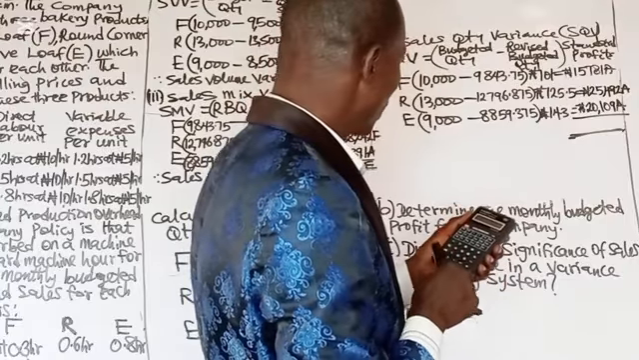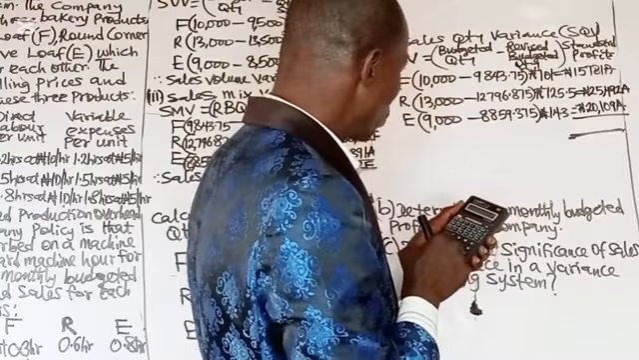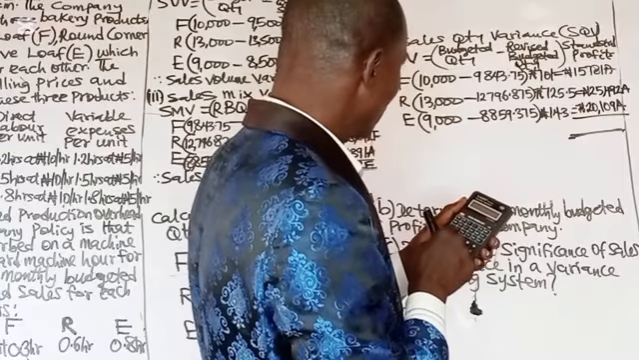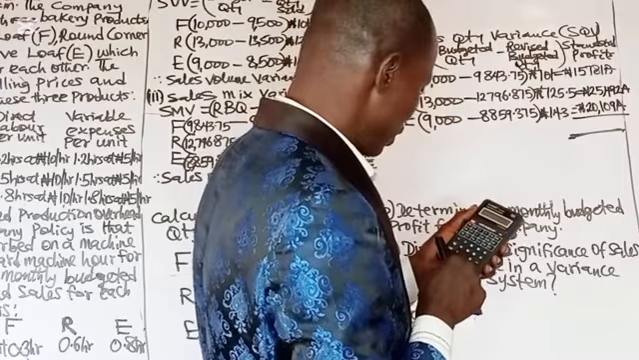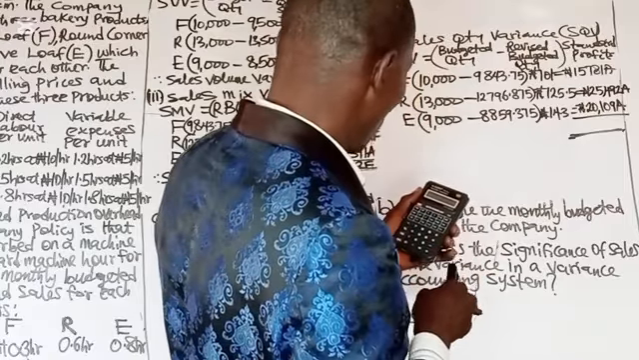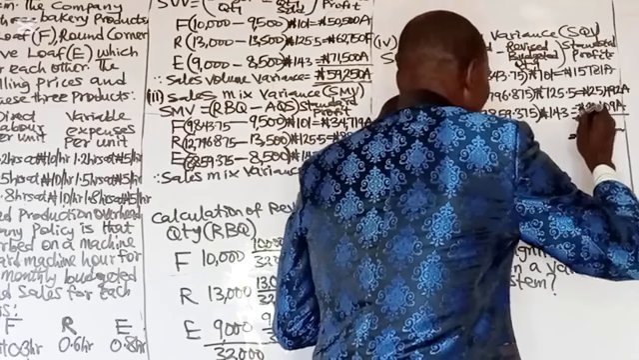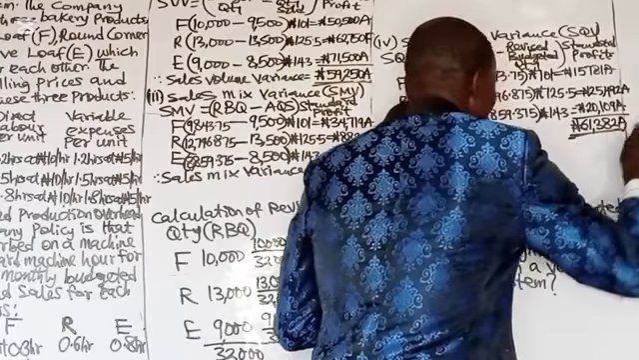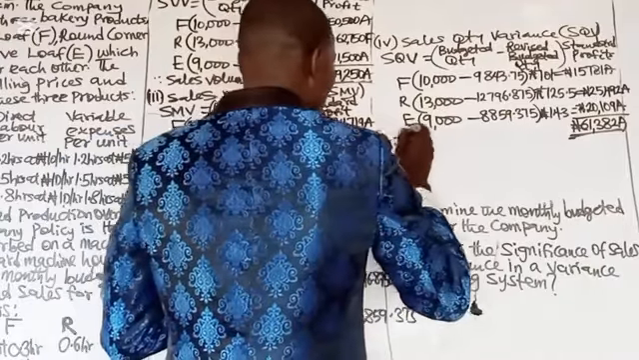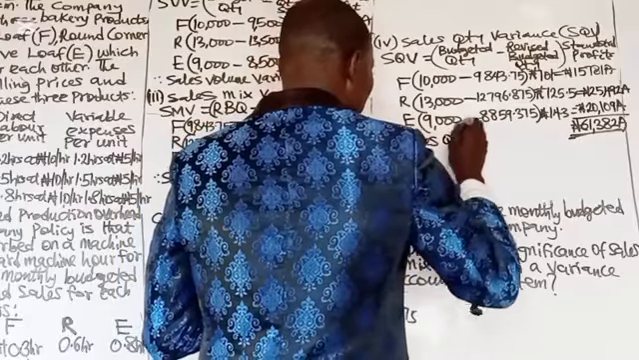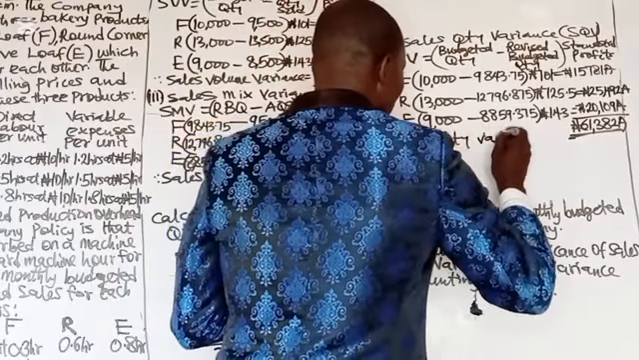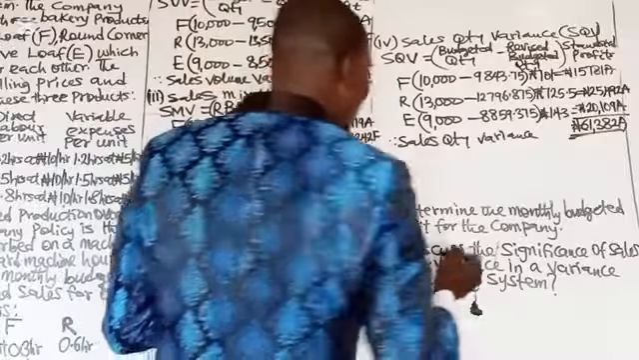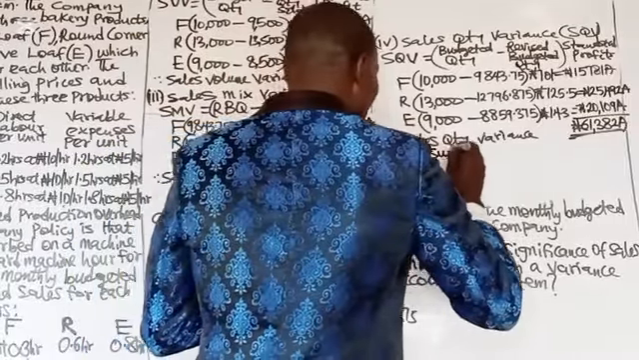20,109 plus 25,492 plus 15,781. So we have 61,382 adverse. Therefore, sales quantity variance is 61,382. Remember, I've told you that the sum of sales mix and sales quantity, I said it will